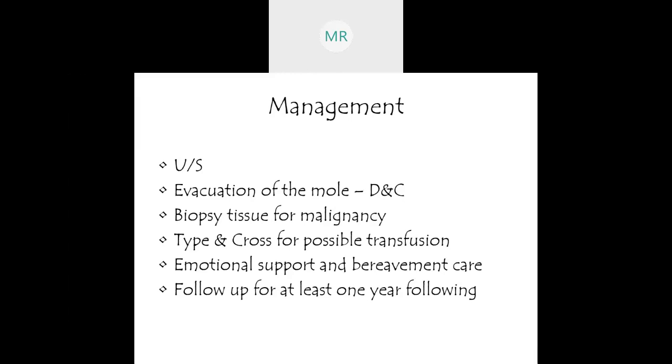So usually women do good. And once you clear out that uterus, there's no more HCG detected. But sometimes when there is, then we have to further clean out the uterus, make sure that there is no malignant transformation. So D&C, tissue biopsy for malignancy, sometimes chemo, and sometimes a hysterectomy to decrease that percentage of choriocarcinoma. And then throughout, because it'll be a follow-up for a year, and then throughout,